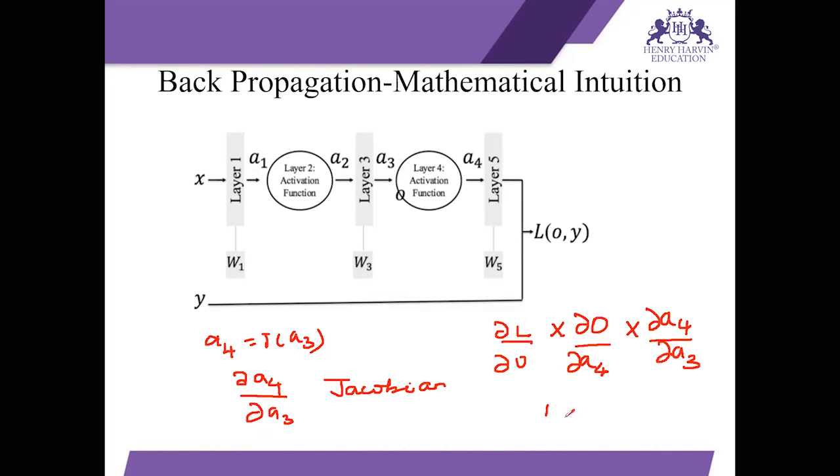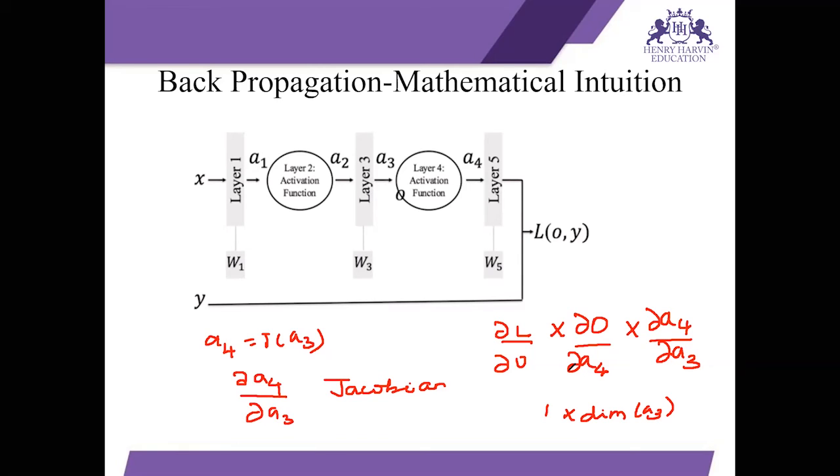So what will be the dimension now? 1 into dimension of A3, right? You can check that, because this was 1 into A4 and this is A4 into A3, so therefore it is 1 into dimension of A3. Hope this part is clear to you. This is actually simple. When you look at this, it looks complicated, but it is not a very tough concept. It is actually very simple to understand. So what is the size of the output of our current layer, A3? It is the dimension of A3, so the gradient vector has to be of exactly the same size.